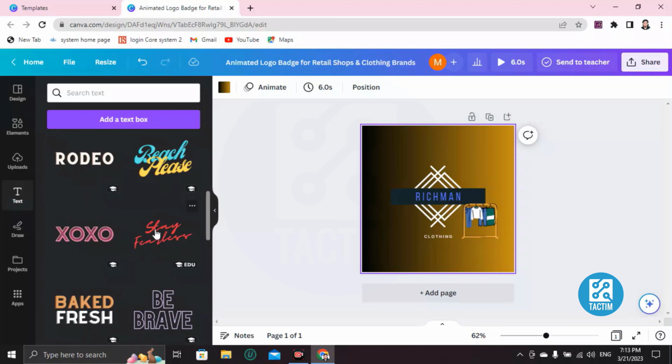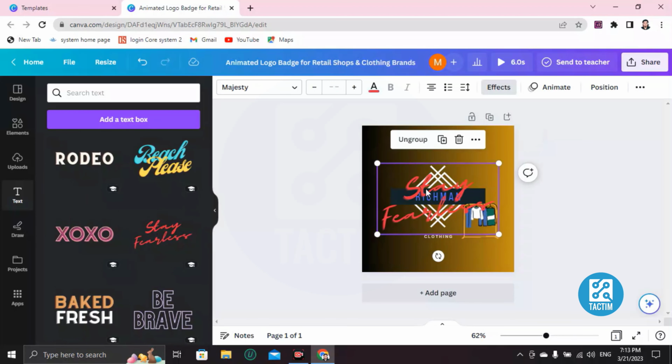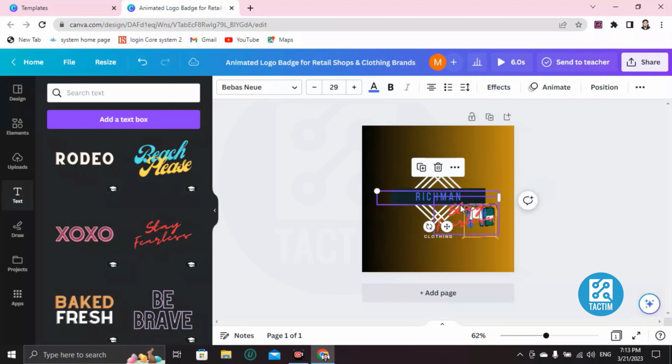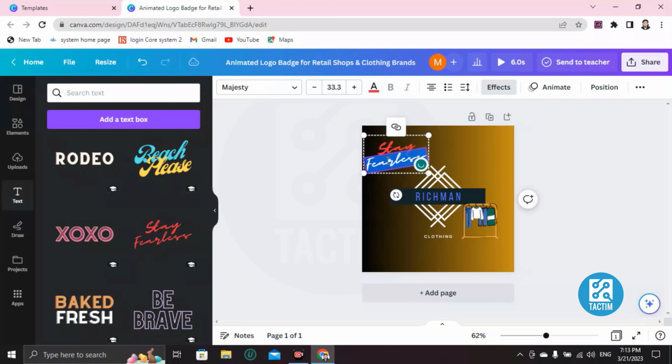Let's say you want to add this font. Double click on this and you can drag it, make it small like this, and you can drag it here with your mouse. So double click on this and backspace on your keyboard, and you can write anything you want. Let's say you want to write choose your rich things. Rich thing. Alright, so